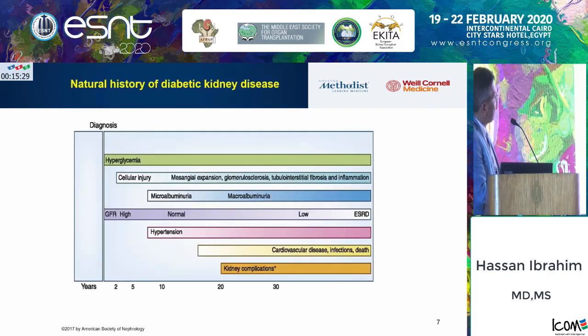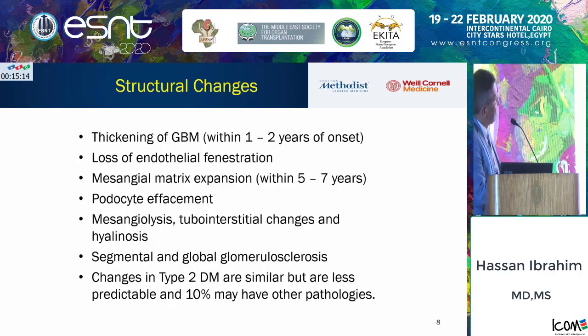And this is the classic model: you develop the hyperglycemia, then you have the cellular injury, then you manifest the microalbuminuria, the macroalbuminuria, then kidney function decline. But this slide is really important, and I'll tell you why in a minute. And these are the classic changes that you will see. I think one important thing, changes in type 2 and type 1 are actually not the same. So when we've done serial biopsies on type 2, what you find is that in type 2 diabetics, the changes are less reliable and predictable. And 10%, or Dr. Megdi said almost 30% of people may have other etiologies other than diabetic kidney disease,